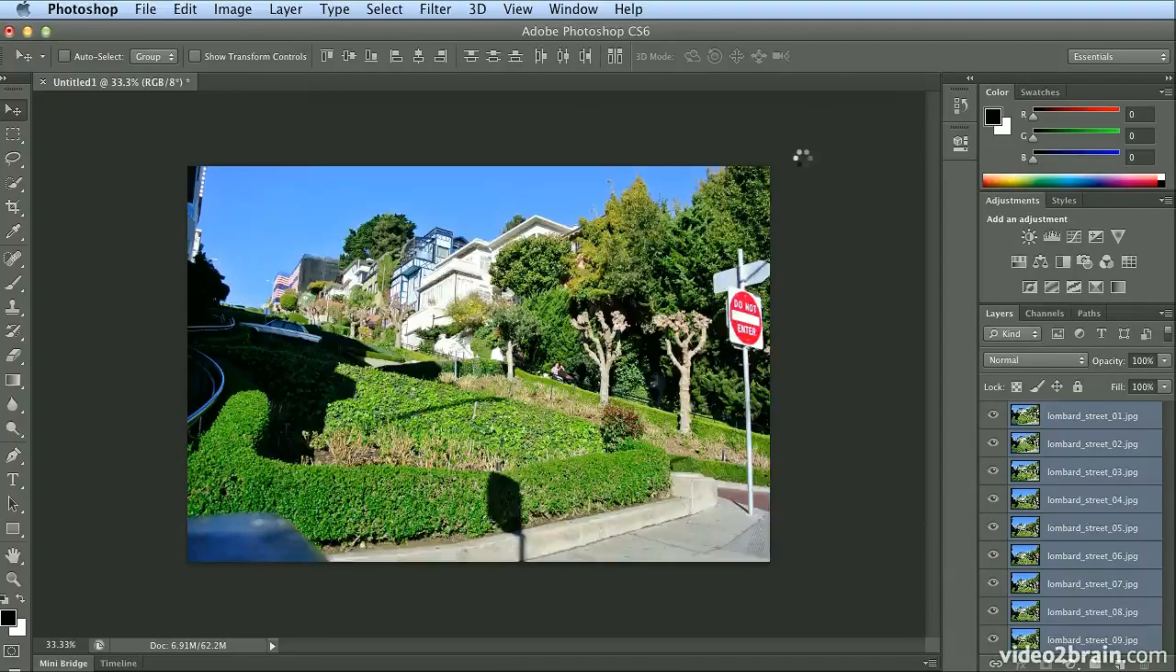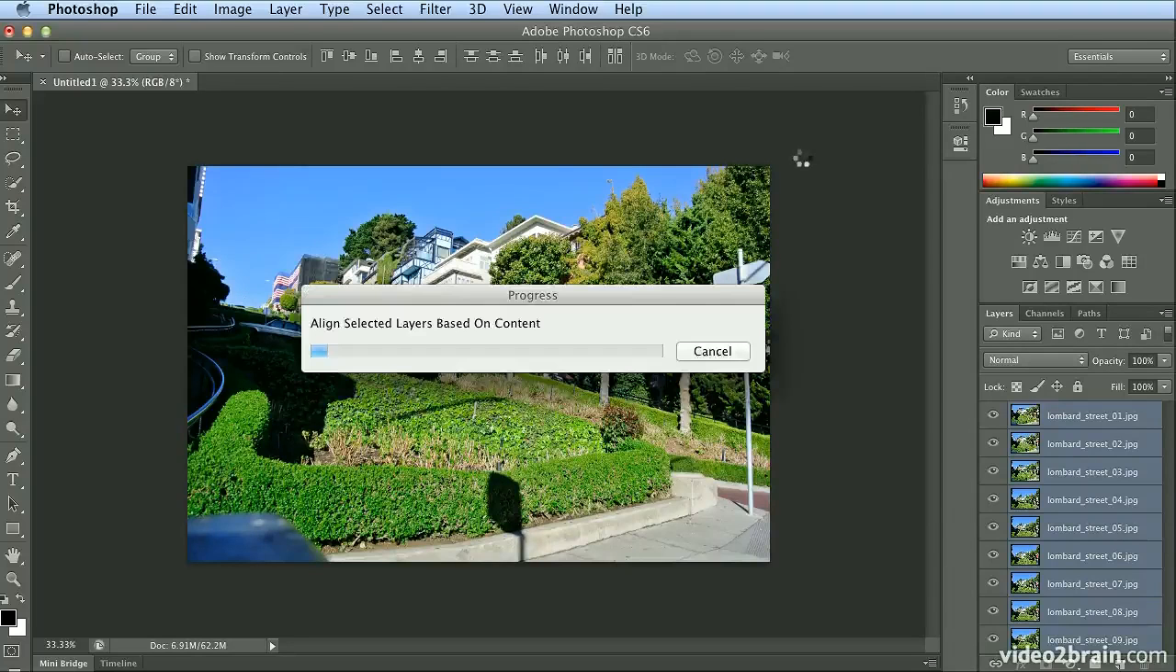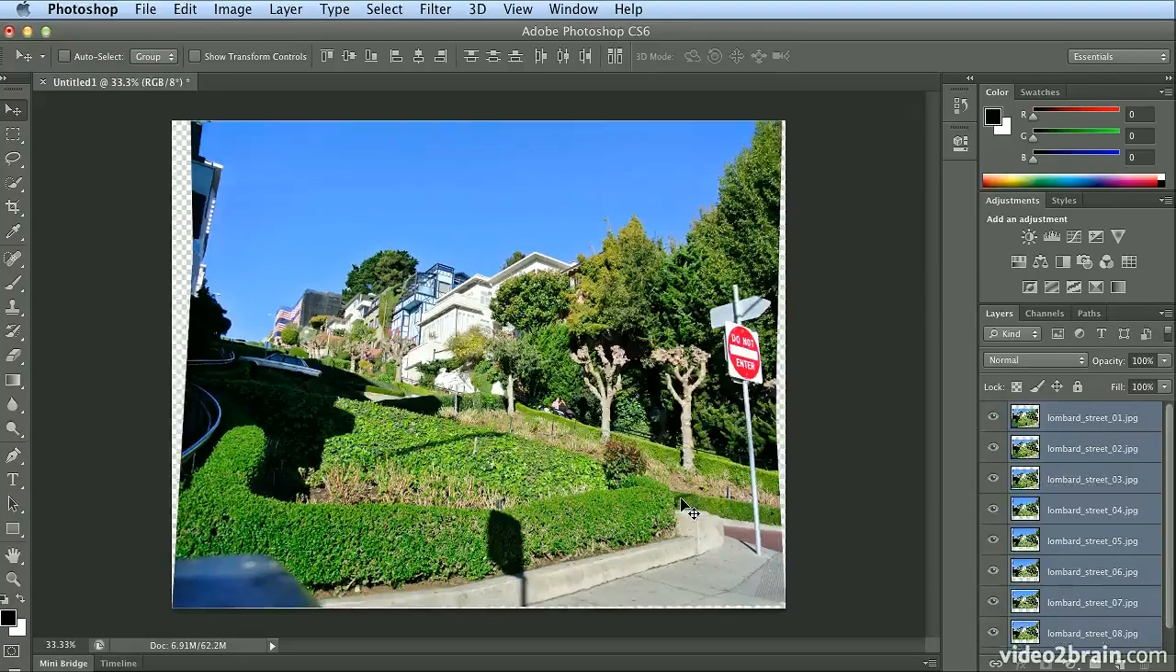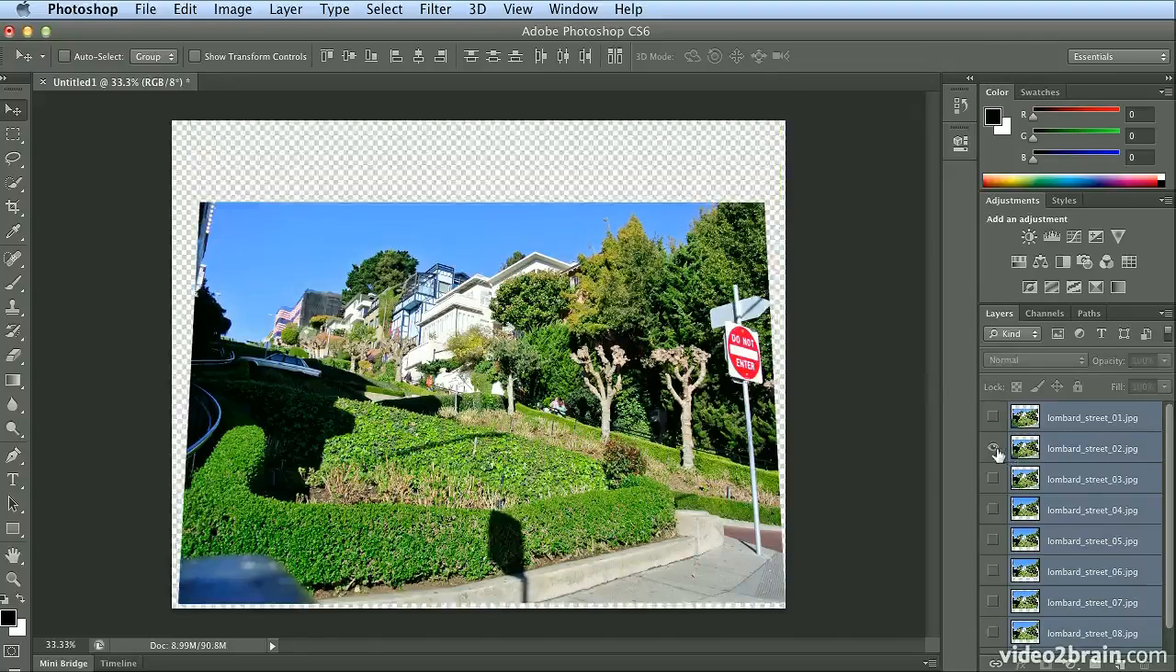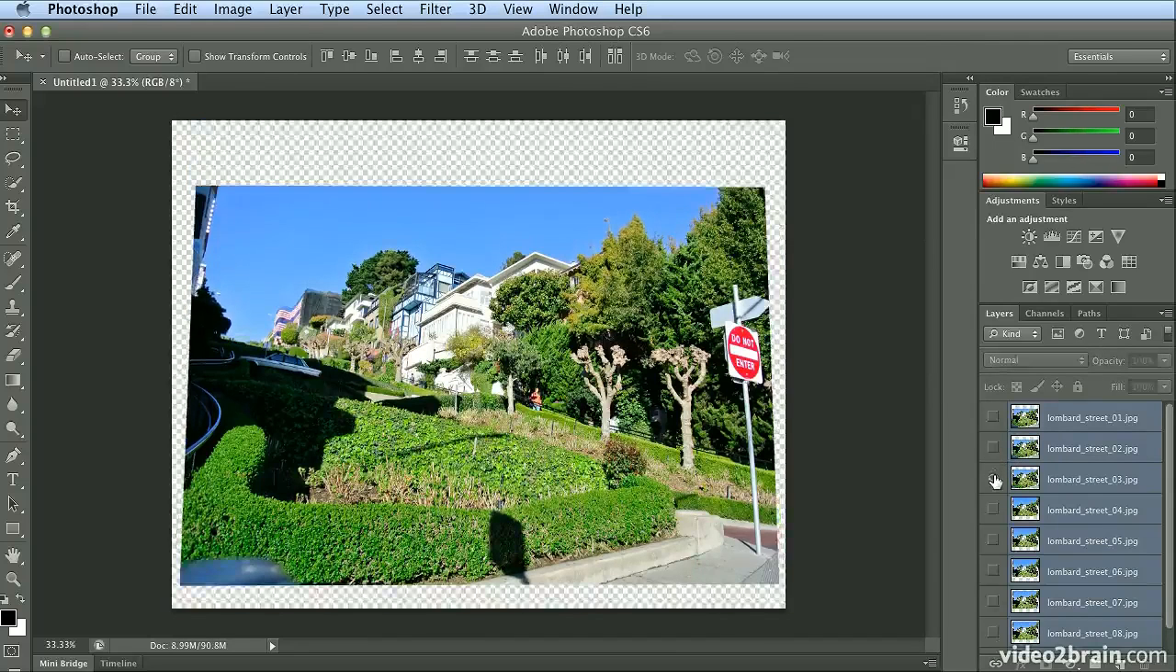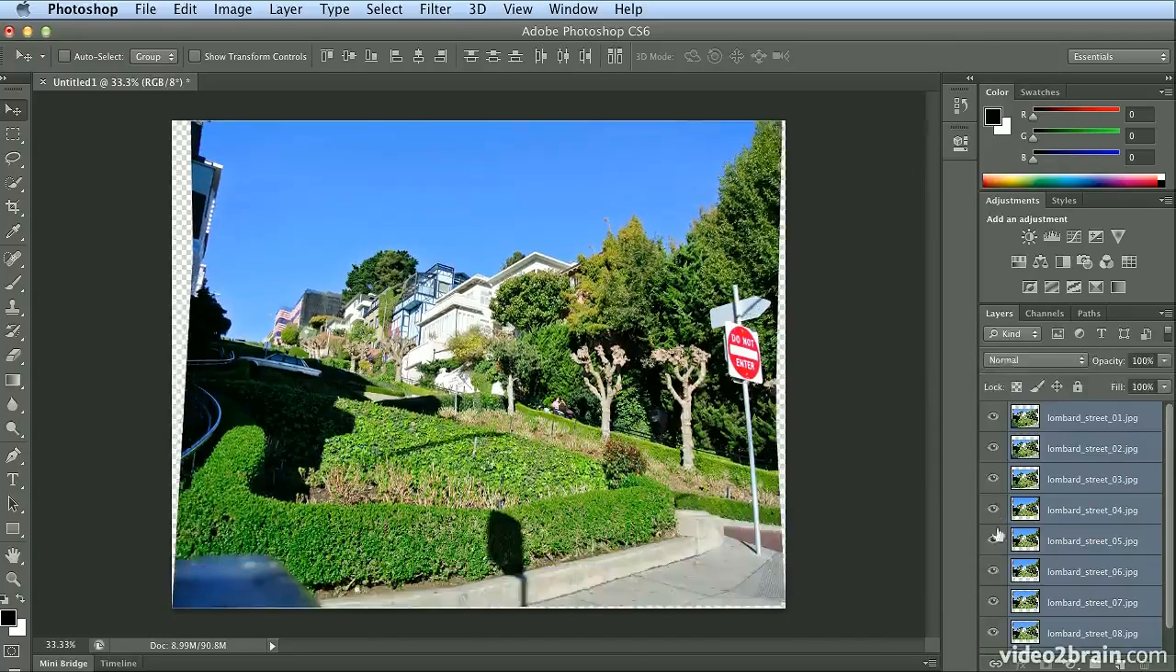I'll choose Auto and click OK, and Photoshop will do a very high-end comparison of the overlapping pixels, measuring their RGB values, looking for high contrast edges. And even though my camera moved and there's more sky in some shots than there are in others, it merged into one final piece. So now if I hold down Option or Alt and click the eye just to see one layer at a time, you can see the people moving through the shot, the cars driving down the hill,